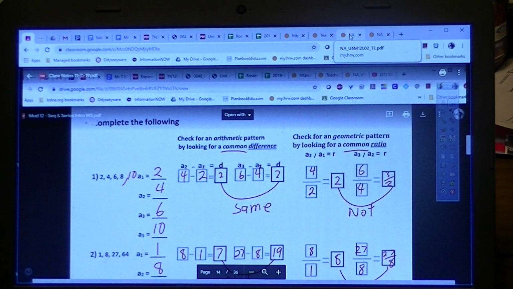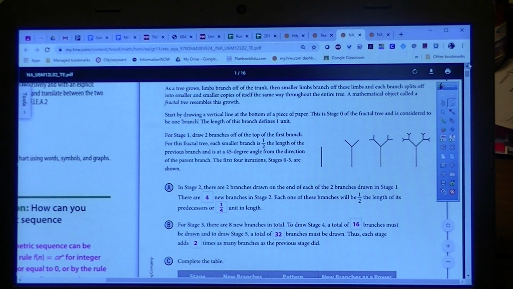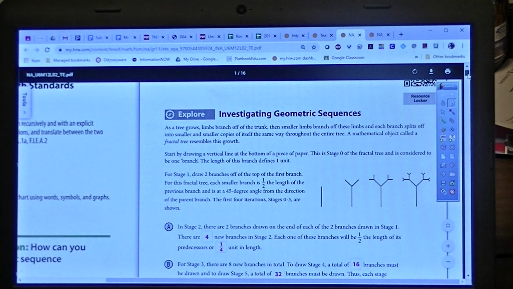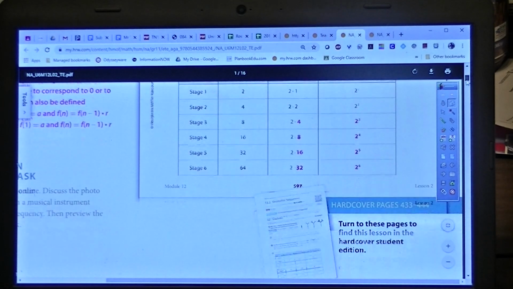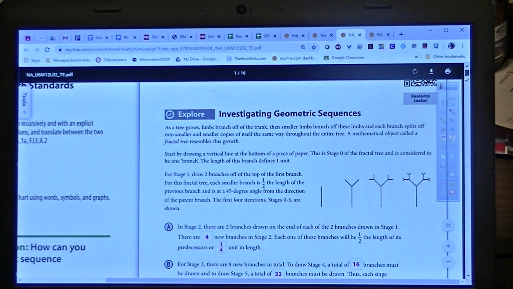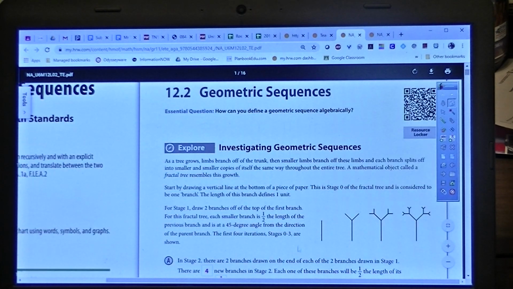So now as I go into the textbook, and we go over here to this first section, you always want to know what page that is. I'm in the teacher's book, but it's page 597 here. And they open up this idea with something called a fractal tree. So what this works out is that you got this length of this tree here, and